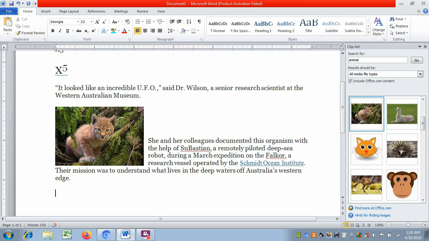Any object you create in any other software, you can include using insert object. Now let us insert an object.